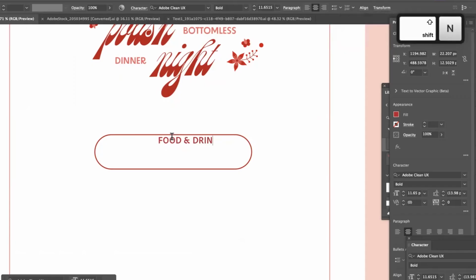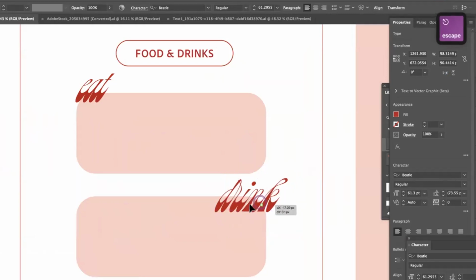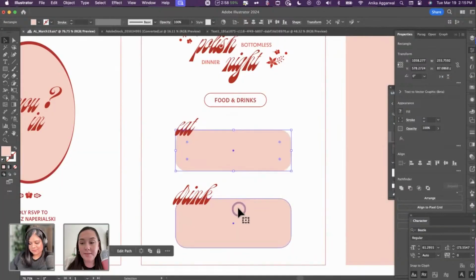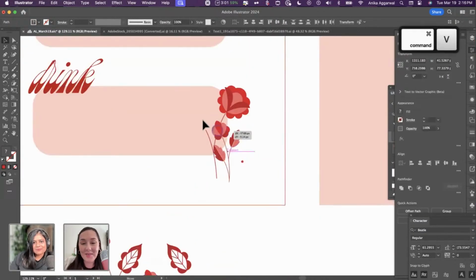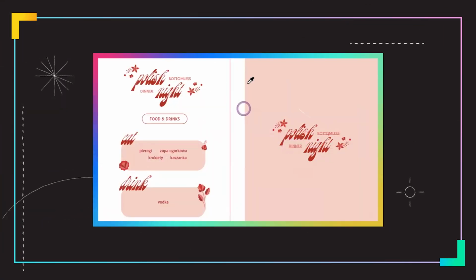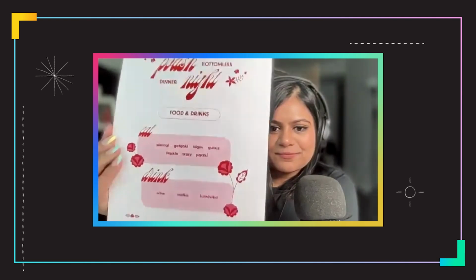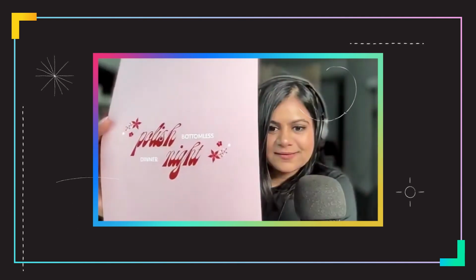So we have food and drinks, where I say eat and drink. So all of this will still be part of that. We're just exploring. Bring this element. Ooh, this is cute. So here's something that I really love to do, is that I have almost like the back of the menu. So it's super cool. That's the food menu that we printed. And then if you turn it around, that's actually on the screen. So that's cool. Thank you again, Annika.